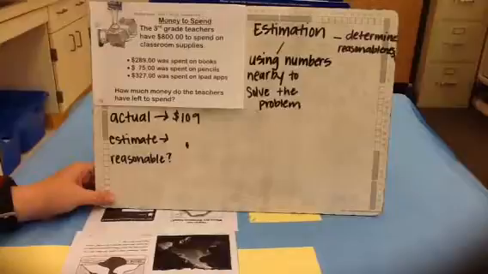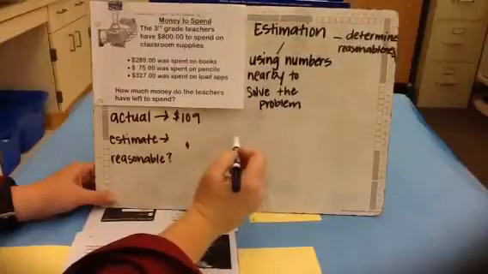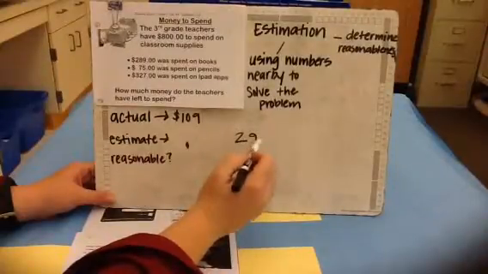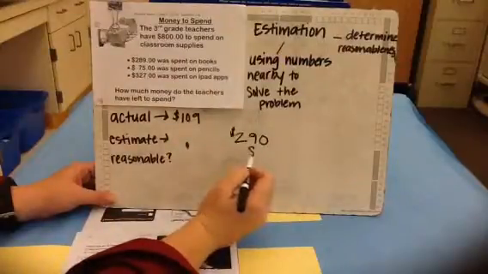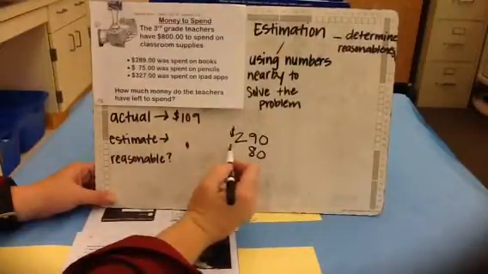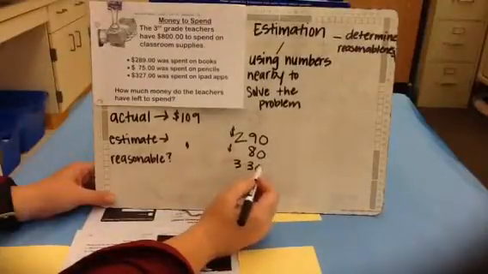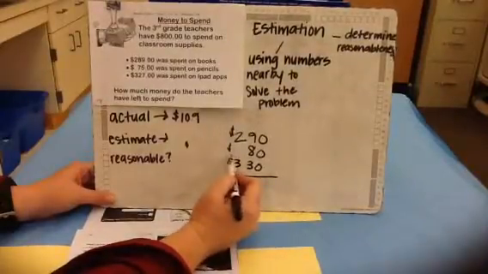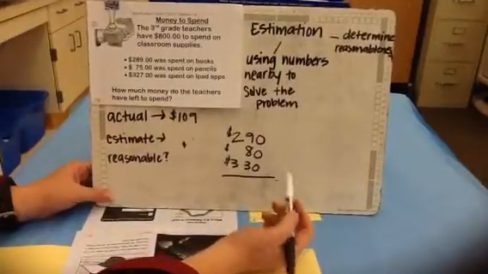So for this one, I'm going to round to the tens place. So 289 would round to $290. 75 would round to $80. And 327 would round to $330. So this is all of the money that I've spent. And so when I add that all together,